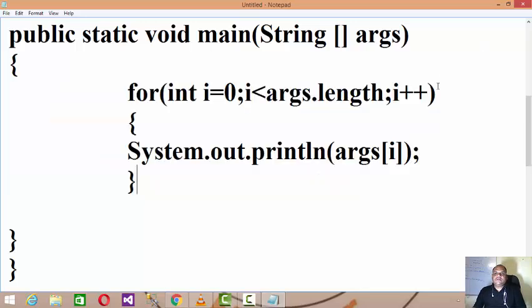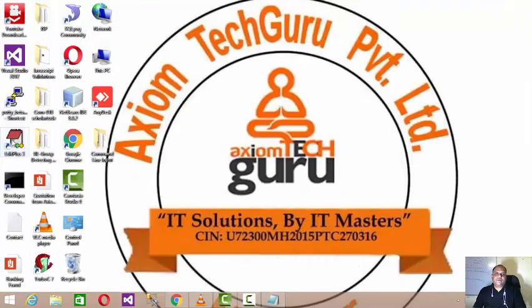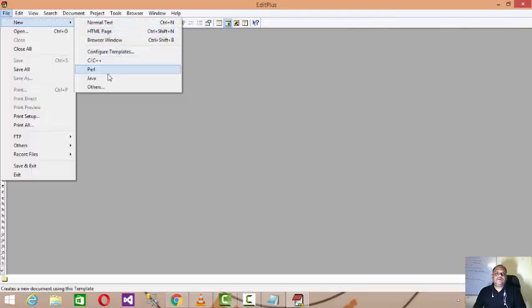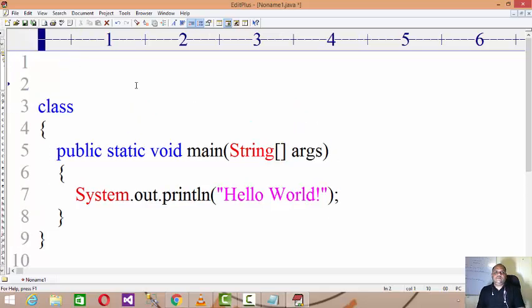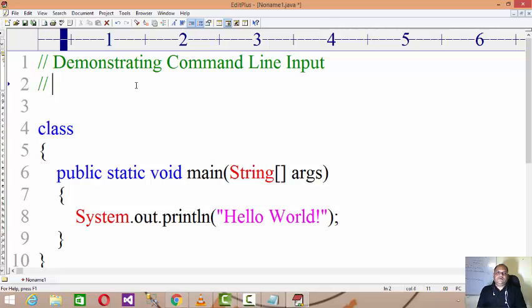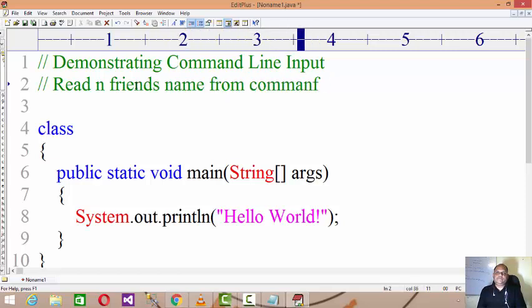So let us understand this by writing one program, right? Let us say I am writing a Java program for demonstrating command line input: read n friends' names from the command line and print them.